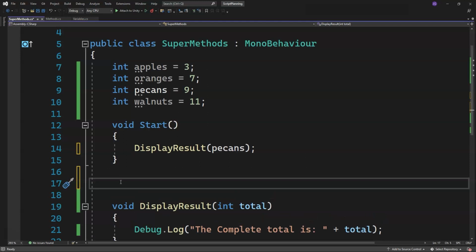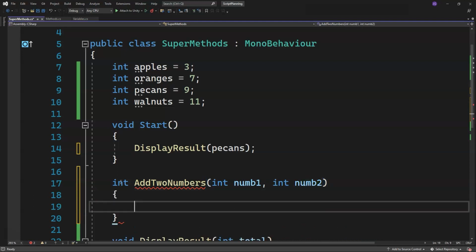So let's go ahead and do that so you can see that in action. In this case, we're not going to have a void method because we are going to return a number. So it's a whole number, so we'll do int add two numbers, kind of like before, but this is going to be different. So we'll do add num1 integer num2. And then in our curly braces, we'll do